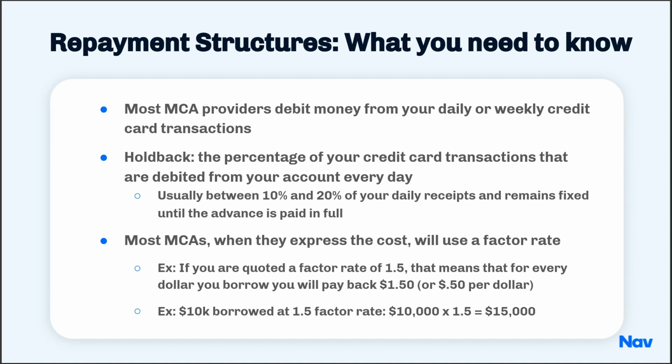Another thing you need to be aware of is what's called the holdback. This is not the percentage of the advance that you're going to repay. This is a percentage of your credit card transactions that are debited from your merchant account every single day. It could be 10%, it could be 20%. This is not regulated. So this is a question you need to ask and make sure you understand the answer to of any merchant cash advance provider that you're looking at, because this is where it could impact your daily